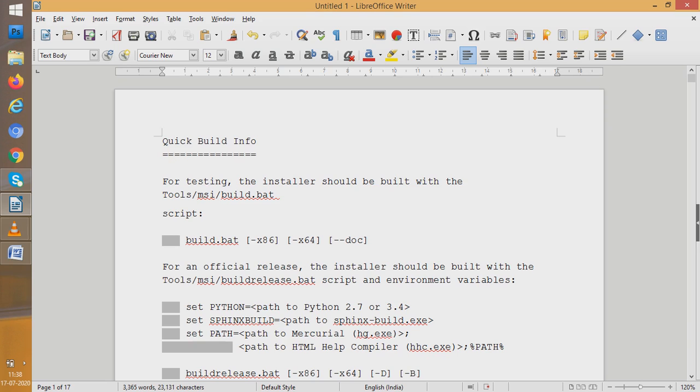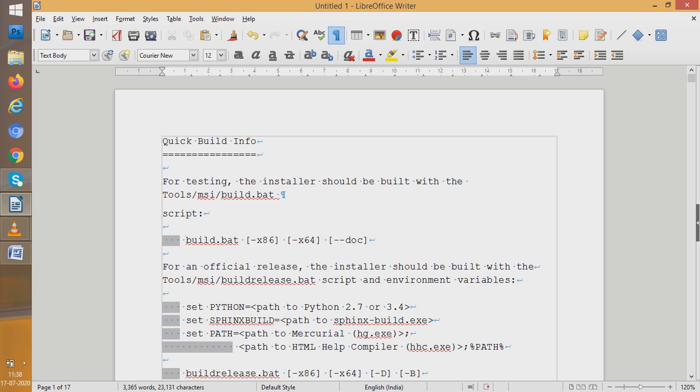But if you want to see those things, even whether the space bar was pressed, whether tab was pressed, then there is an option. That option is known as the non-printing character option. So it is here, students. See, this is the non-printing character option, and it shows where actually we had put an enter key, where we put a space bar. Space bar is shown by dots, enter key by the return key character, and an arrow is used for showing the tabs. So let us click it and understand.